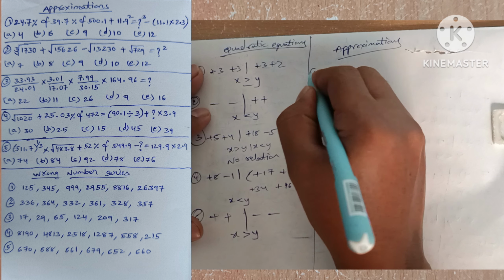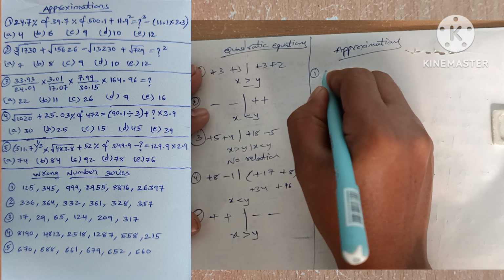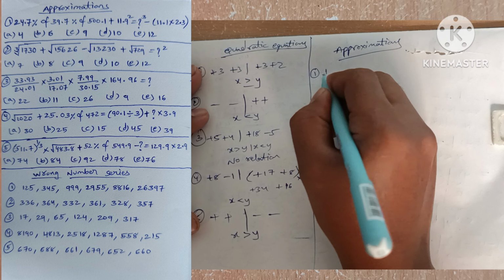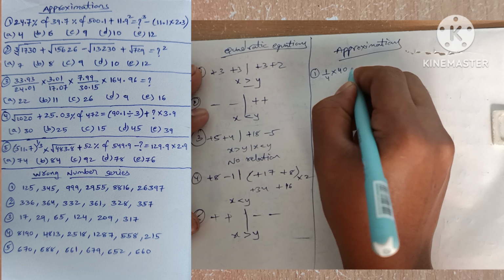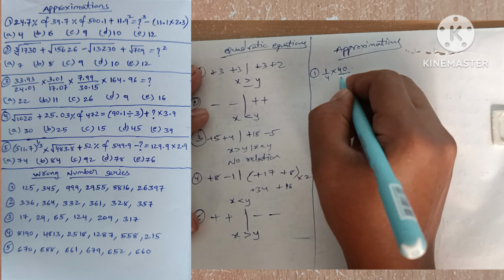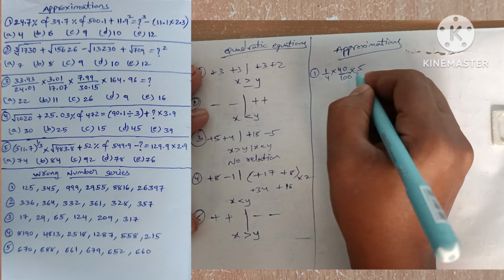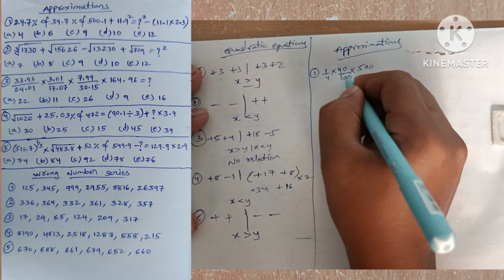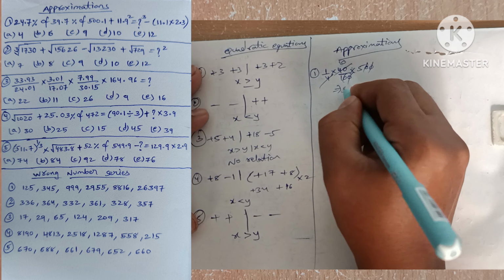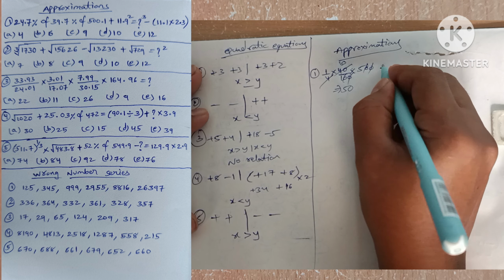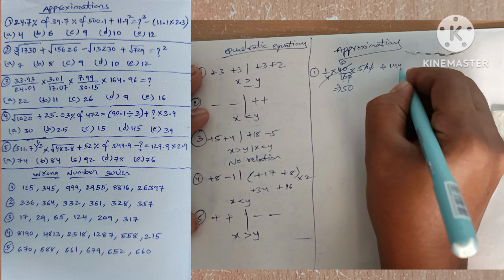First one, 24.7% means 25%, which means 1 by 4 of 39.7, which means 40%. 40% means 10 into 500. Now we get 10, no, 50 here, plus 12 square, 144, plus 144